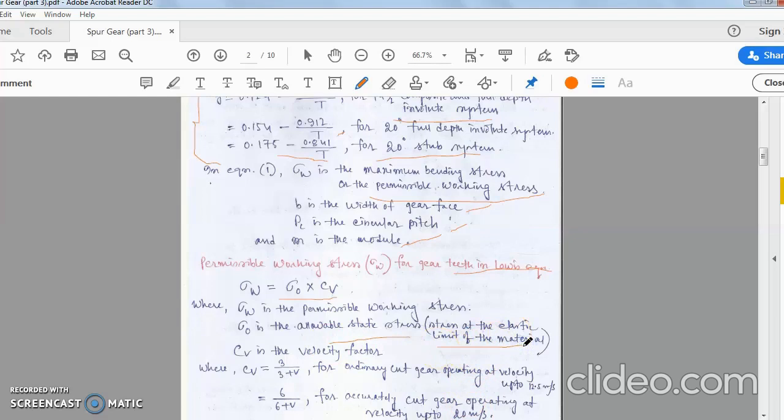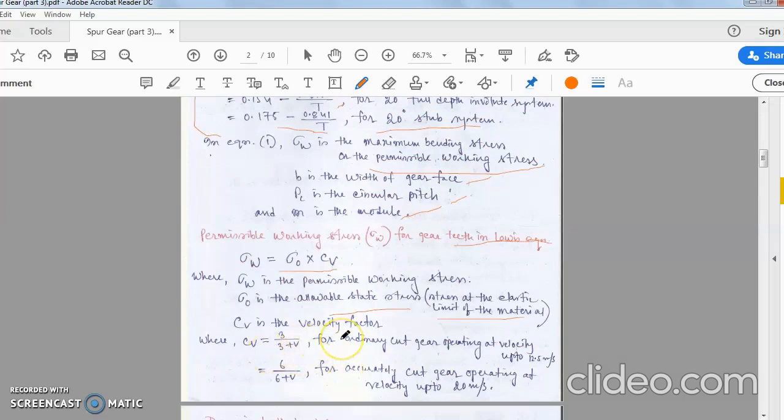Remember, in gear design there are different types of stresses induced, and every stress has some mathematical relation with the other stress. So it is very important to remember all the formulas along with the design criteria or design coefficients. The formulas have to be written in your notebook, and the numericals have to be practiced regularly based on those formulas. Otherwise you cannot remember the mathematical formulas during your exam.